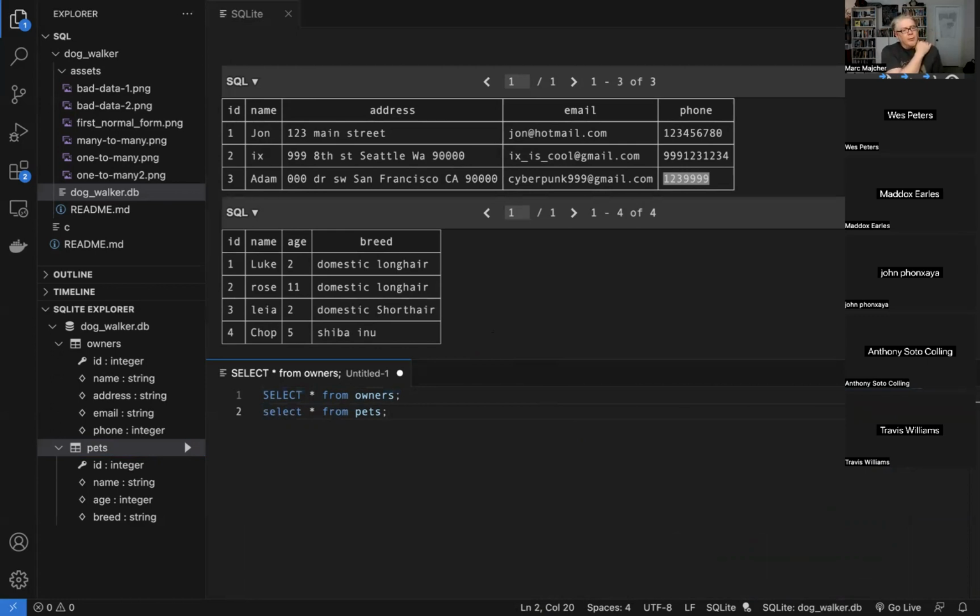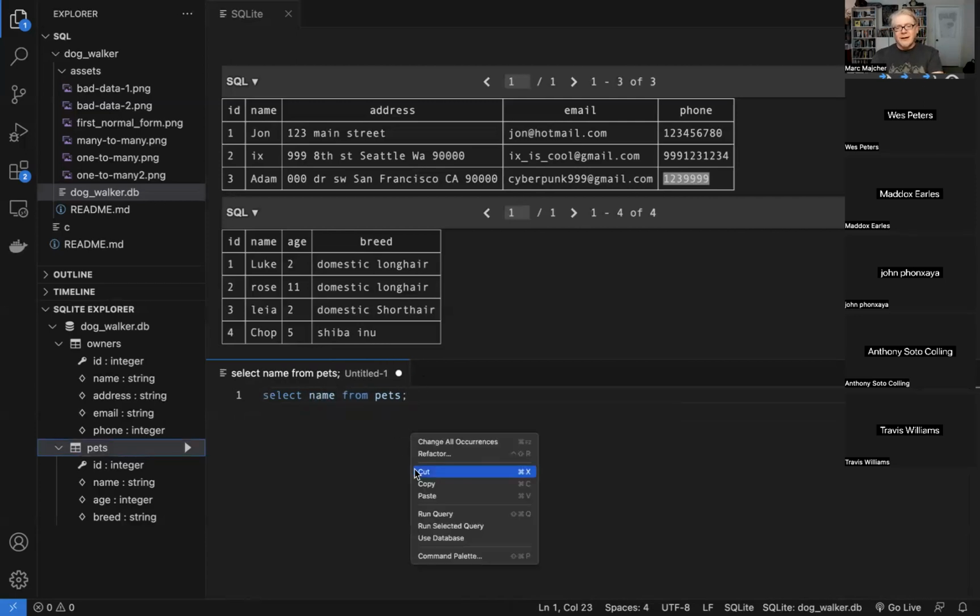So the default query you're going to do like this, just show everything about everything. Let me just work with pets for now. If for some reason I just wanted to get the names from pets, and this is an interesting, subtle, but useful in the future point. The way that these are returned, the database tables live here. These are not those tables. These are the responses as a result of a query from those tables. These are also kind of tables, though. They're kind of like virtual tables that exist just for the moment.